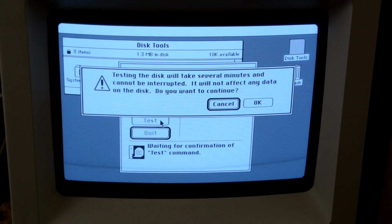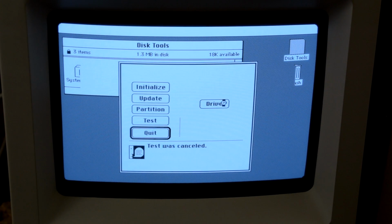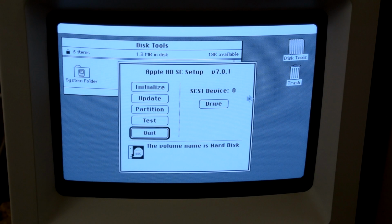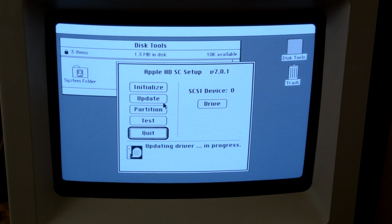Testing the disk will take several minutes and cannot be interrupted. Well, it says, hold on. The volume name is hard disk, because internally it is SCSI, but there's external SCSI as well, so... Update? Unable to unmount drive. Well, I don't see it mounted over here. Okay, so something's there. I'm assuming the drive's just failed. And I can't do anything with it, so...